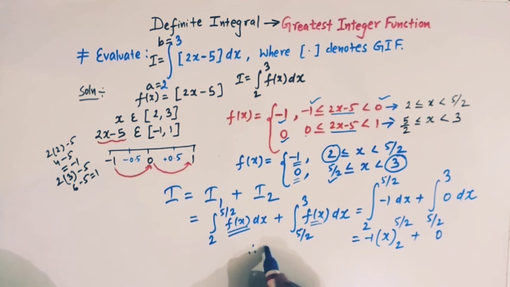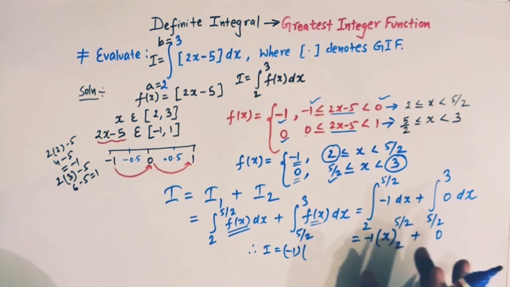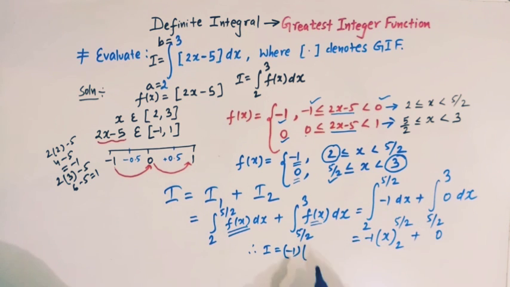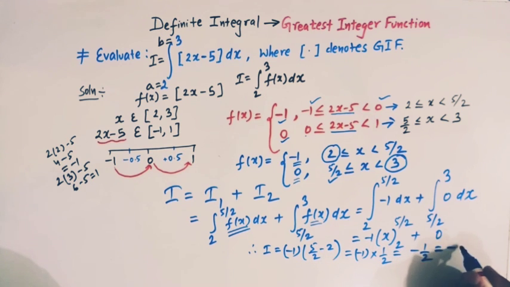So therefore I can be written as minus 1 times, we just substitute these two values and take the difference, 5 by 2 minus 2, and then we have minus 1 times this, which is 5 minus 4 over 2, that is half. So we have minus half, that is minus 0.5, right? So therefore